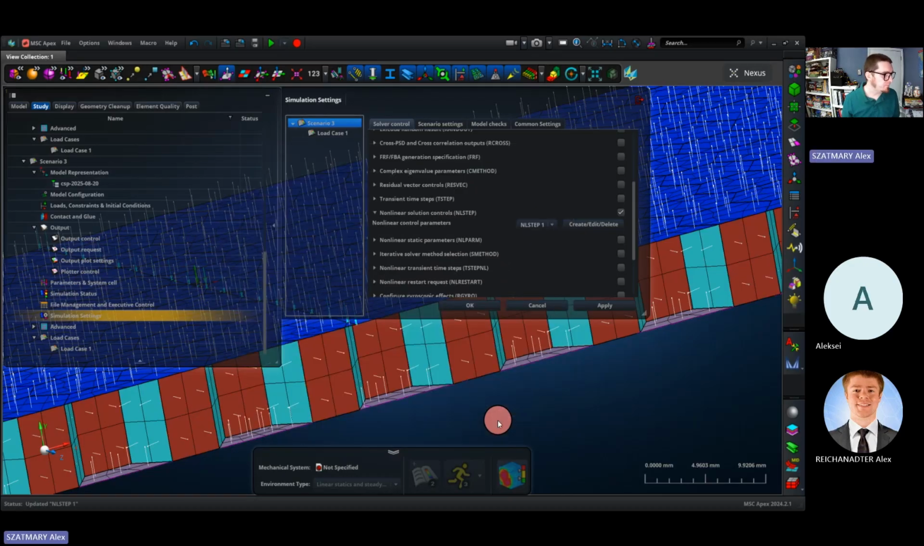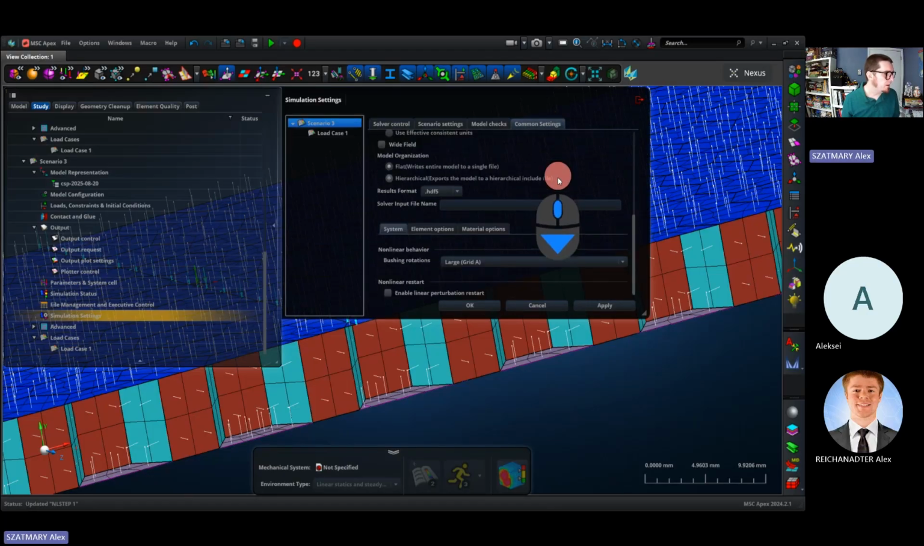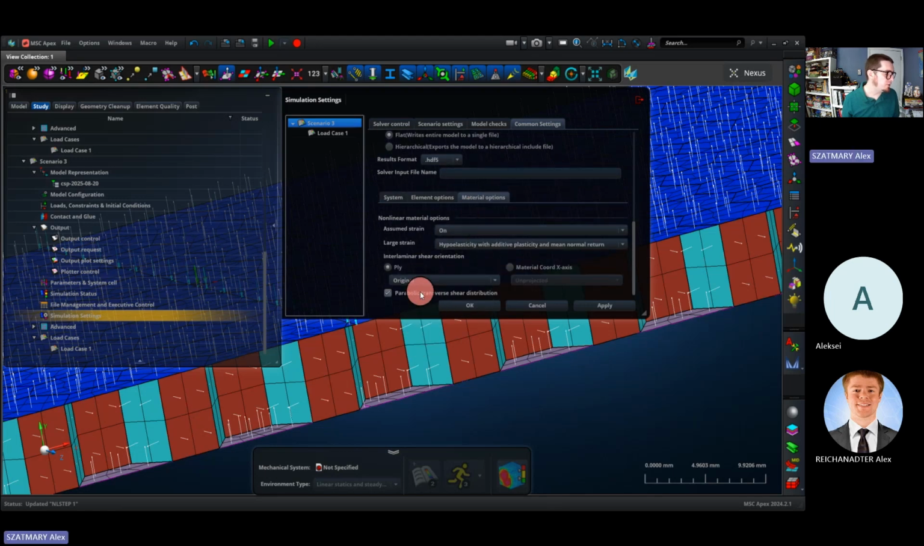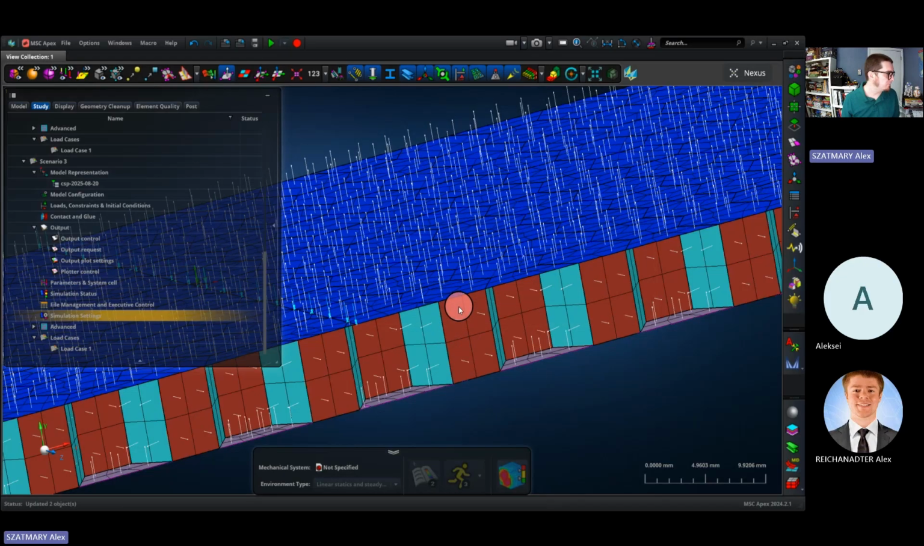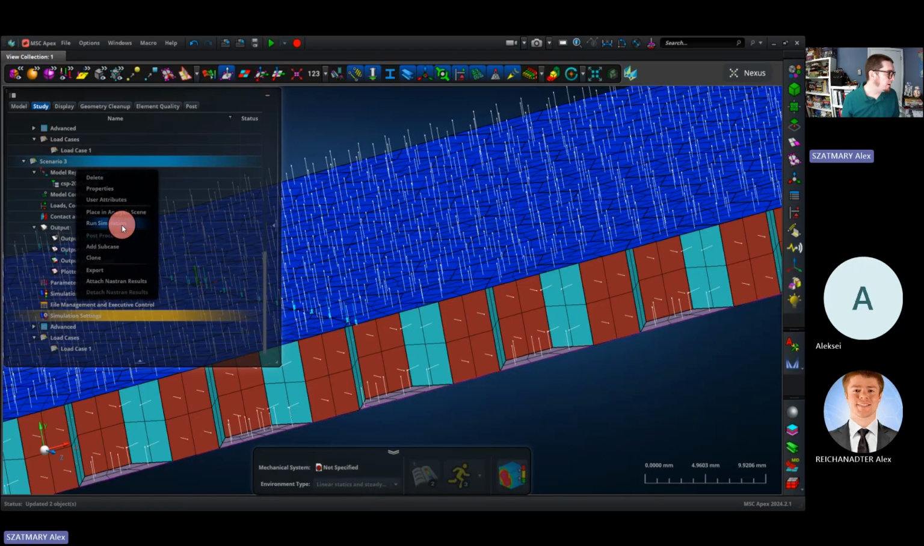I'll click OK. And let's go to common settings now. I'm going to go down to Material Options and click Parabolic Transverse Shear Stress Distribution. This will let us extract interlaminar ply stresses. I'll click OK. And now we can right-click on the scenario and run it,